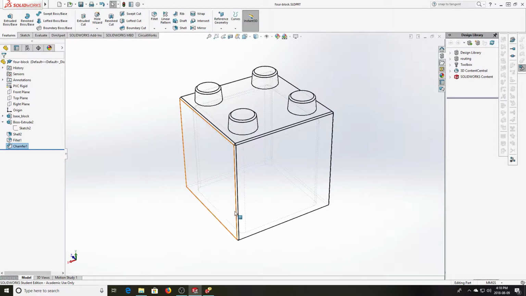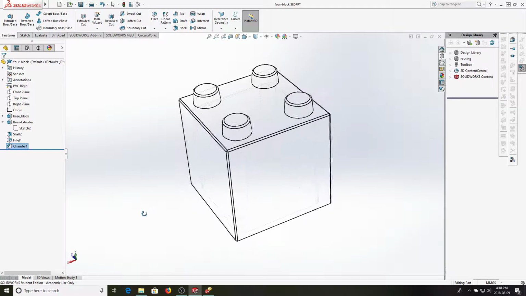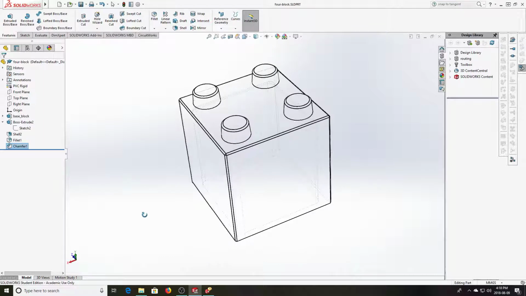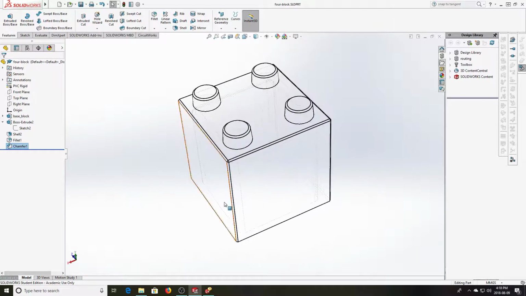But one Lego block isn't enough. We've saved it as a part called 4-block. How about if we make an 8-block, you know, the larger size Lego block? How could we do that? We could start from scratch, which would not be too efficient, but because SolidWorks is so intimately dependent